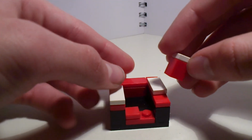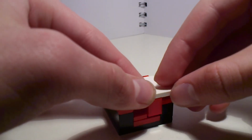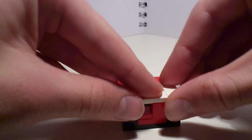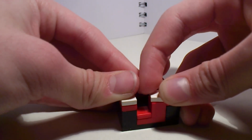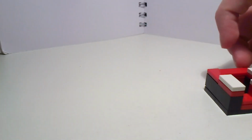Now slide that. Put 1x2, 1x1, and a 1x2 smooth on top, because this is slide there, like you know. So, and for the rest of the pieces,